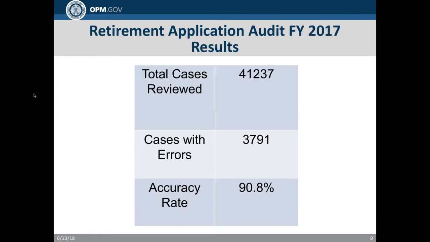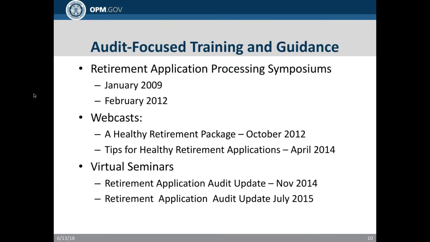And here is from fiscal year 2017, total cases reviewed was 41,237 cases. Of those cases, 3,791 had errors. And so that came to the accuracy rate of 90.8. So again, a great year. Now, we're going to take a look at the outreach our office does to support the agency audit